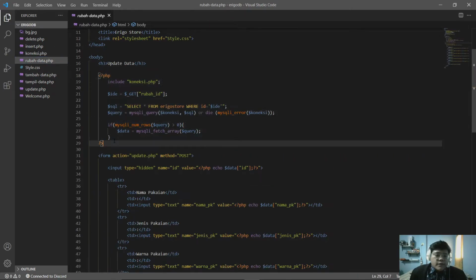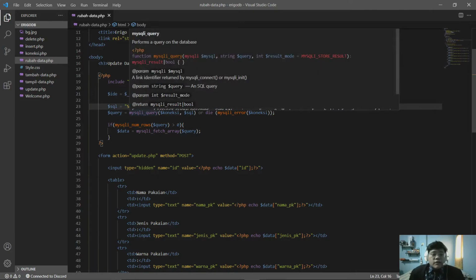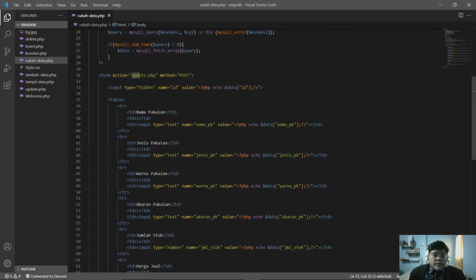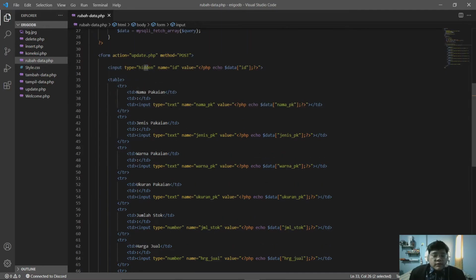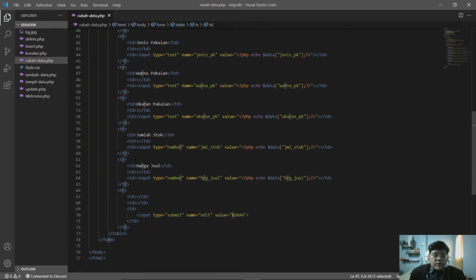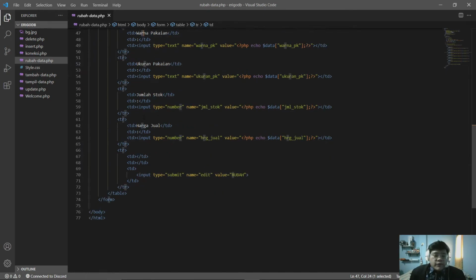We use this PHP code, include connection, and we get the ID, and the SQL code is select from our table where ID, and this is the function from update.php with the post method, and the input type is hidden, and the values are name, type, color, and so on like before.